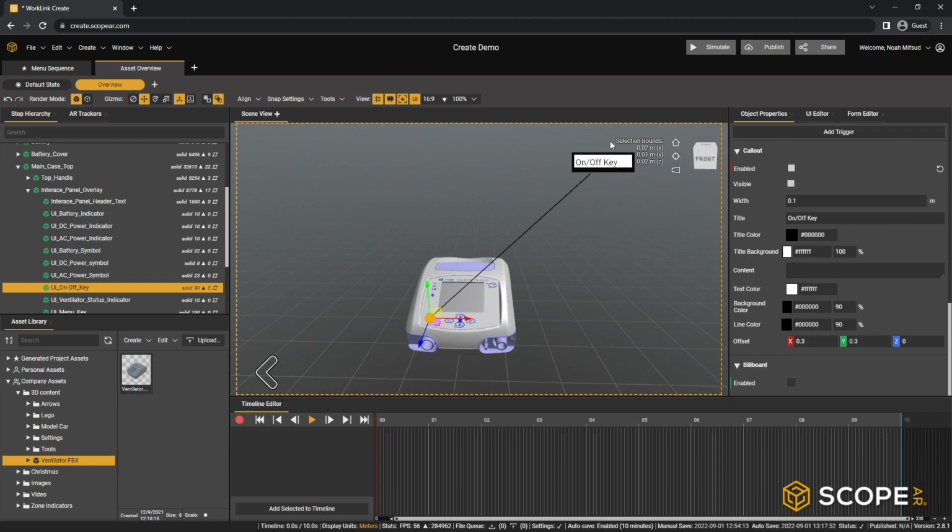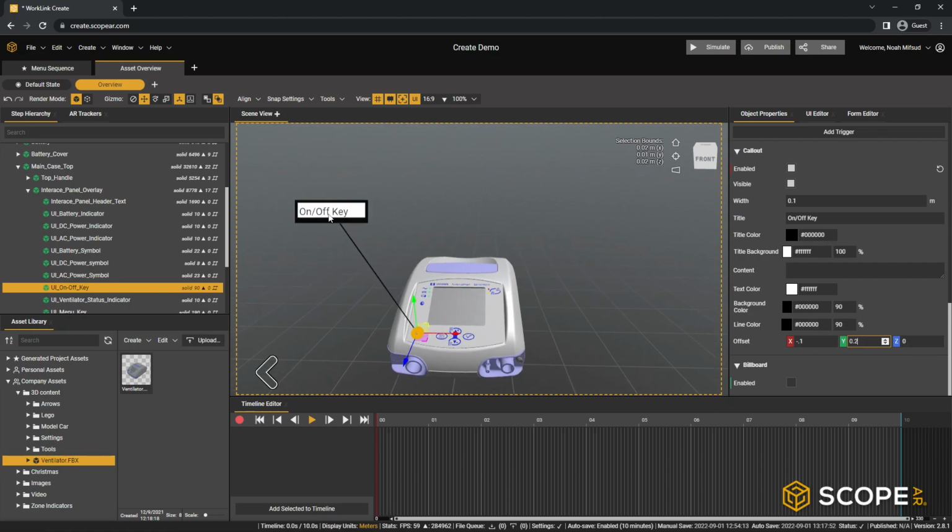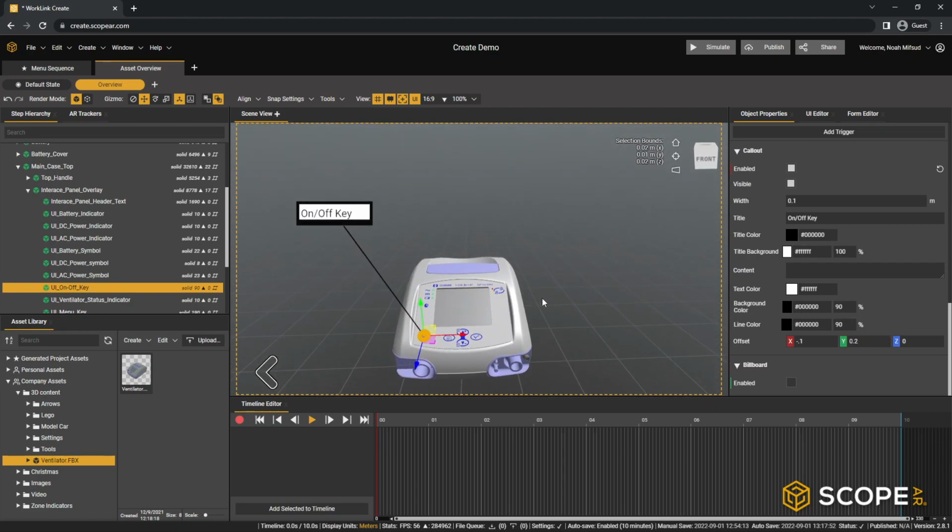The final thing I want to do is change the location of this callout relative to the key. That's what this offset menu down at the bottom here does. This offset menu allows me to change the offset of the callout relative to the asset we're selecting. So I'm going to change this to minus 0.1 in the X and 0.2 in the Y, and I'm going to keep the Z as is. That's just so that this callout now points a little bit more cleanly to the on-off key that we're wanting to work with here. Okay, so that's the most linear method to add a callout, is to select the object